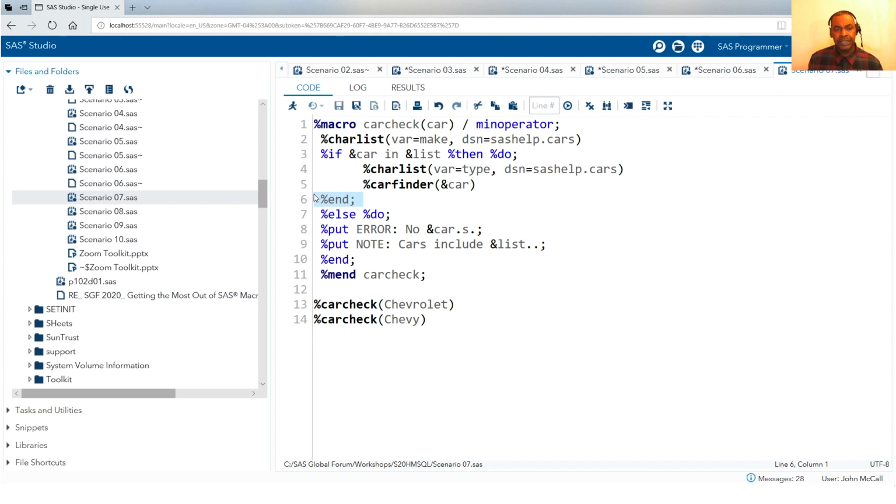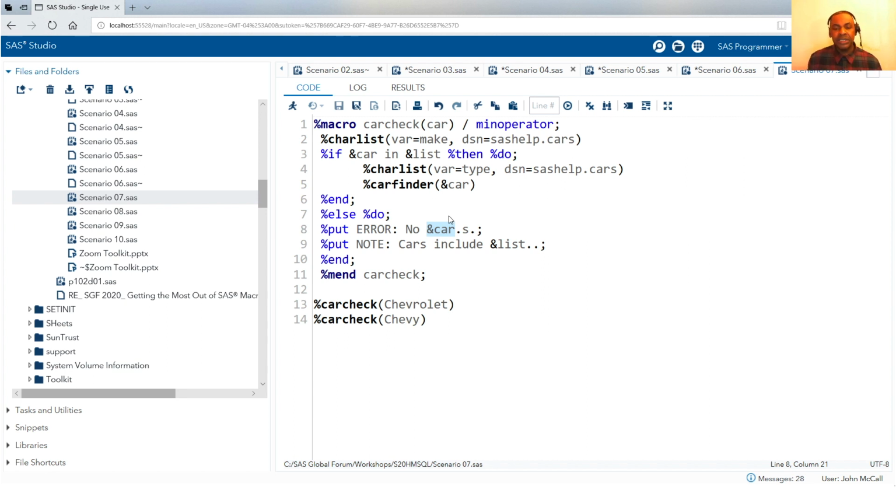And then here's the %end. So what if you don't type it the way I want, or maybe you've written this and someone doesn't type it the way you expect? That's why you're providing validation. Here's the %else %do. You write a note to the log in the color red with a colon so you get the word ERROR, no &cars. Now remember before I said I put 2 dots so I keep one, and I should have